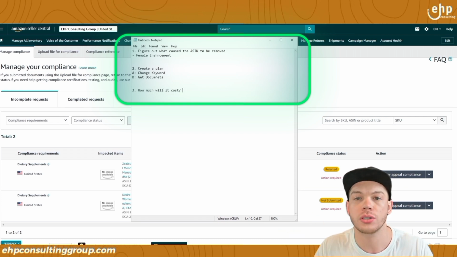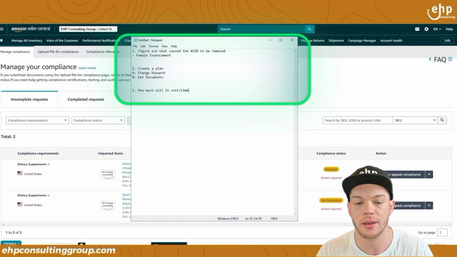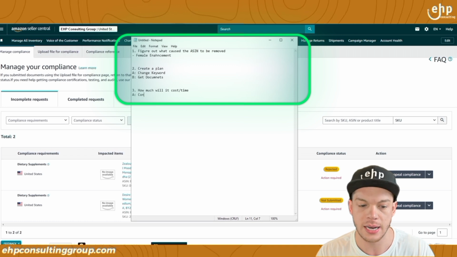How much will it cost? And how much time is also part of cost? How much time, right? So plan A, pretty much what we need to do is we need to contact Amazon,